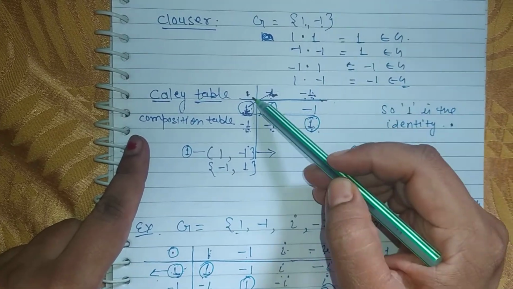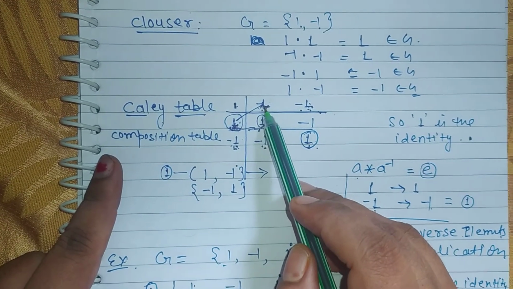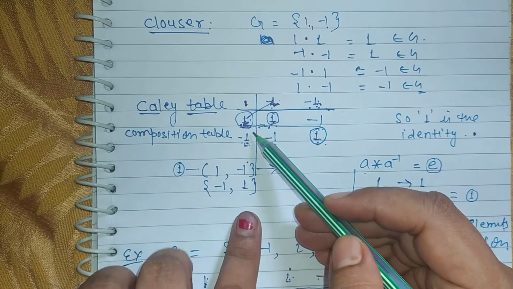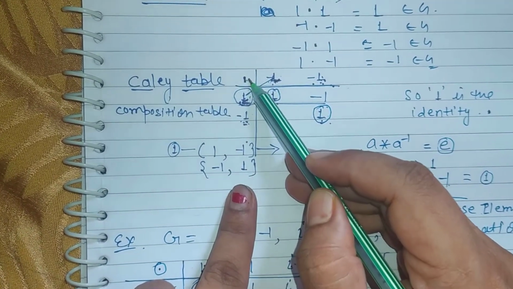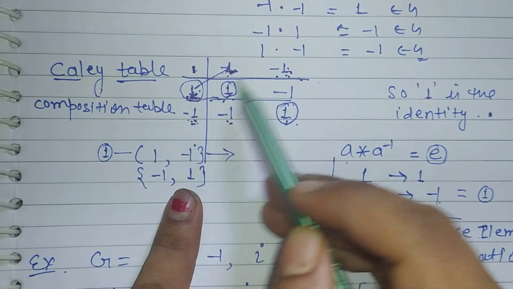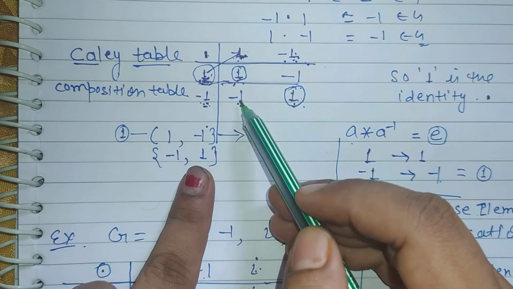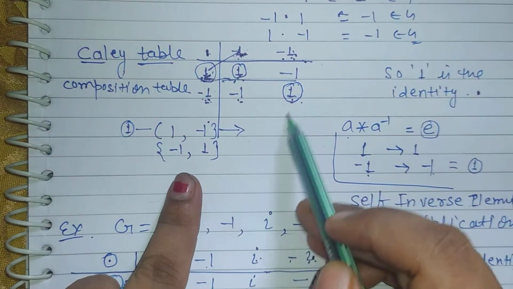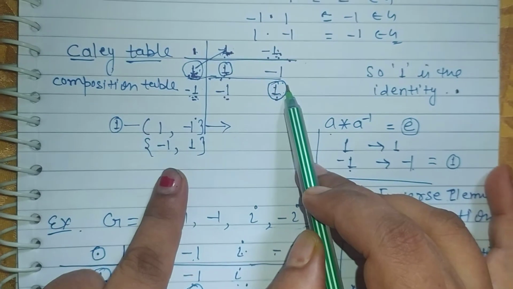In the set, the given operation is dot, so write your dot operation here and write your elements in a sequence. So the first element is 1 and the next one is minus 1. In this column, put the first element 1 and the next one minus 1. So our operation is multiplication. So 1 is multiplied by 1, so the resultant element is 1. 1 is multiplied by minus 1, so the resultant value is minus 1. And minus 1 is multiplied by 1, so the resultant value is minus 1, and similarly this is 1. So all these elements are of the set, so we can say it satisfies the properties of closure and associativity.